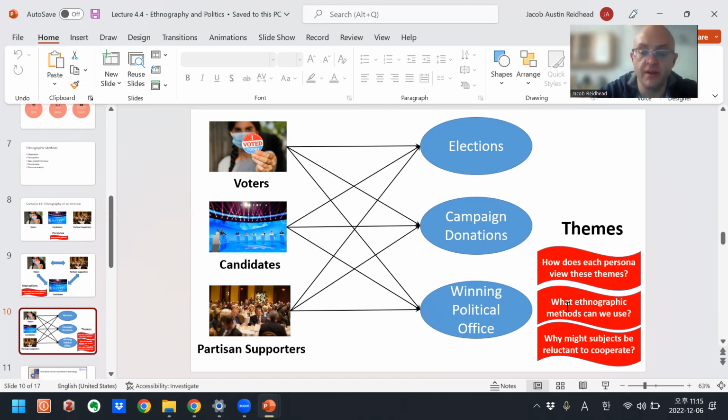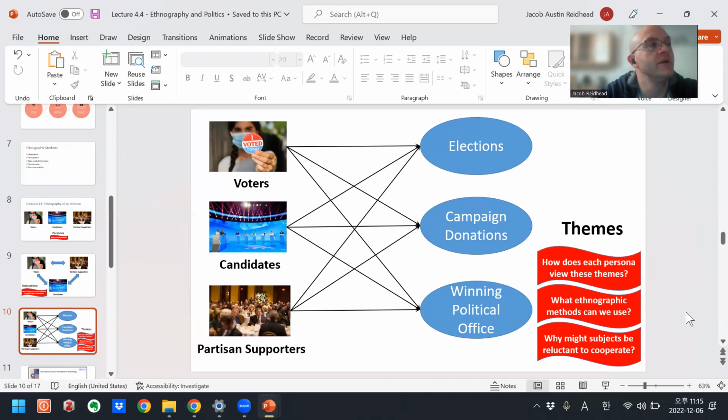And we can also ask what ethnographic methods we can use to explore this. For example, how might we know how voters feel about their candidate winning political office? What ethnographic method would we use to explore their feelings and their reactions to that?